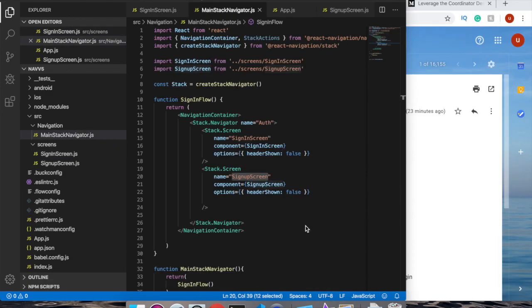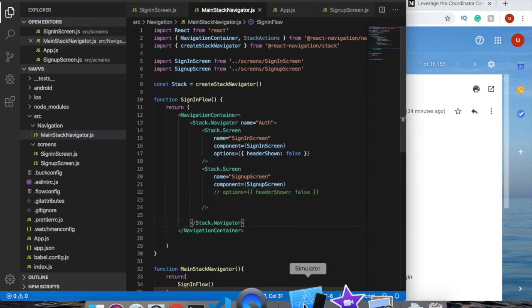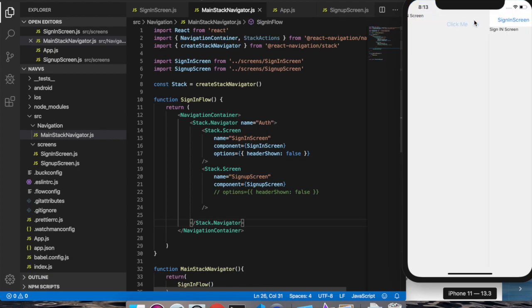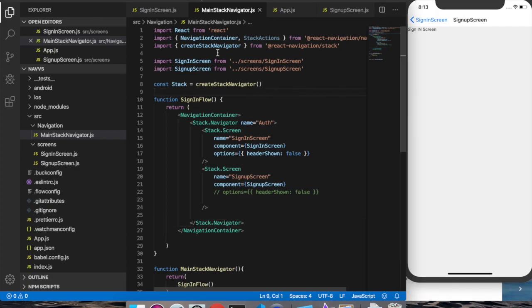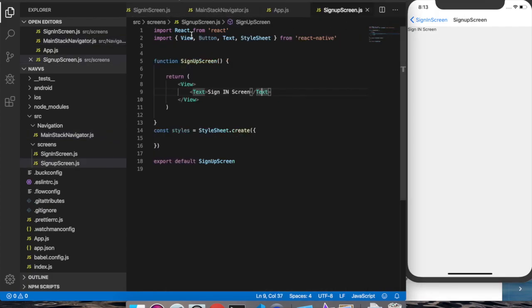Let's say you want to show navigation bar buttons on the left side and the right side of the navigation bar. So what we will do here, I will comment this line. So if I run, you will see we will get the navigation bar, right? So we have a back button in this navigation bar, right? So we will add an icon, button, or maybe some icon here at the right side of the navigation bar, right? So go to the sign up screen,